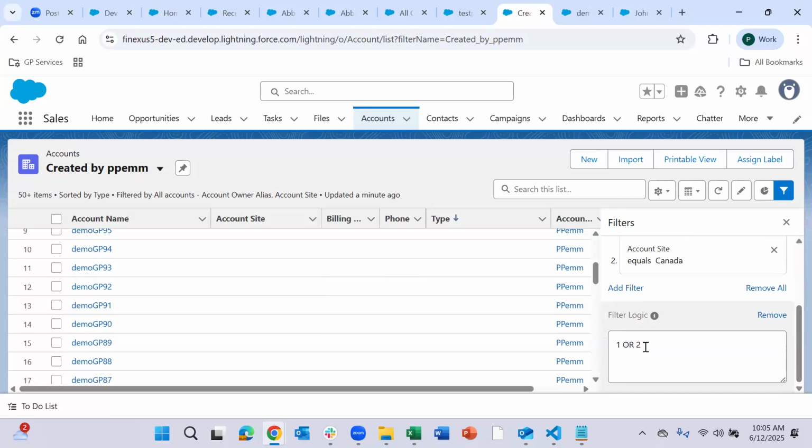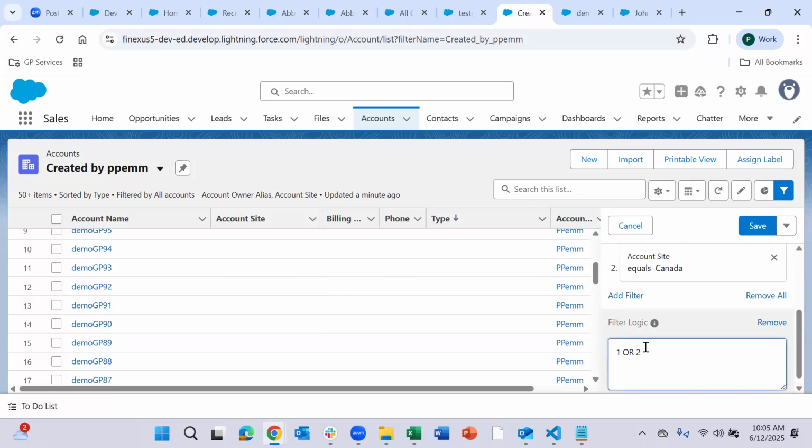And you can customize your logic like this also: 1 and 3 or 4. It is going to check whether it satisfies filter criteria 3 or 4. Here any one of these conditions has to be matched, or this.